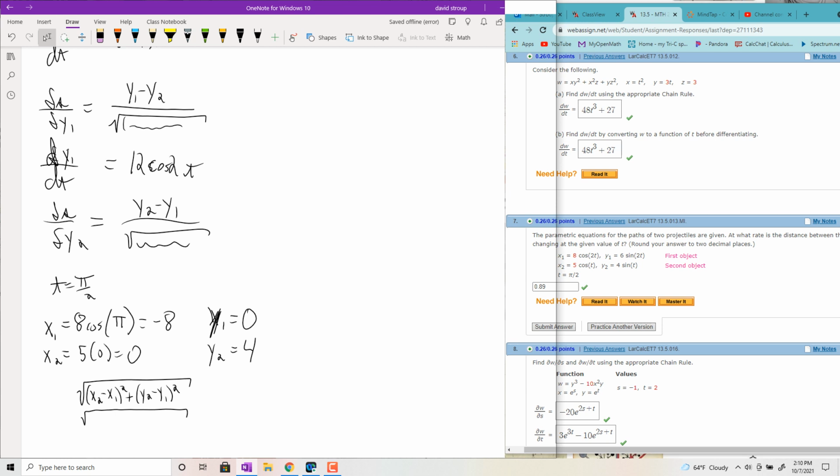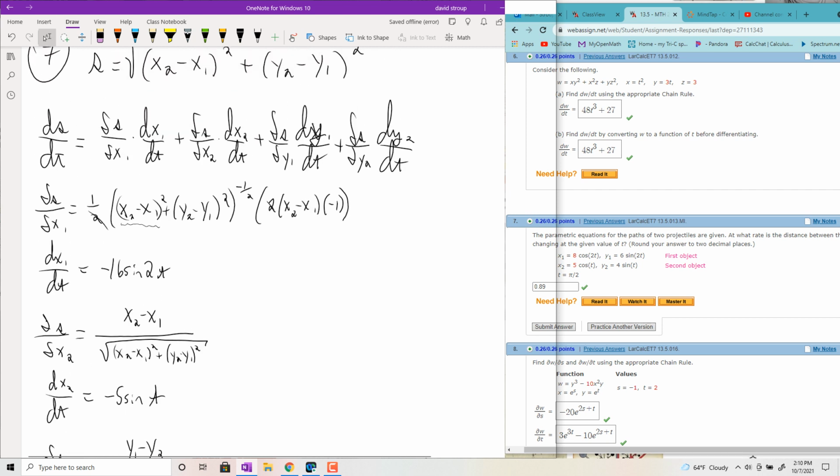It'll be -8, which is 8 squared, which is 64. And then plus this other part will just be 16. So it'll be square root of 0, carry the 1, 6, 7, 80, which you can rewrite as, I think, 4 square root 5. All right, 16 times 5. Okay, so going back through all of this,